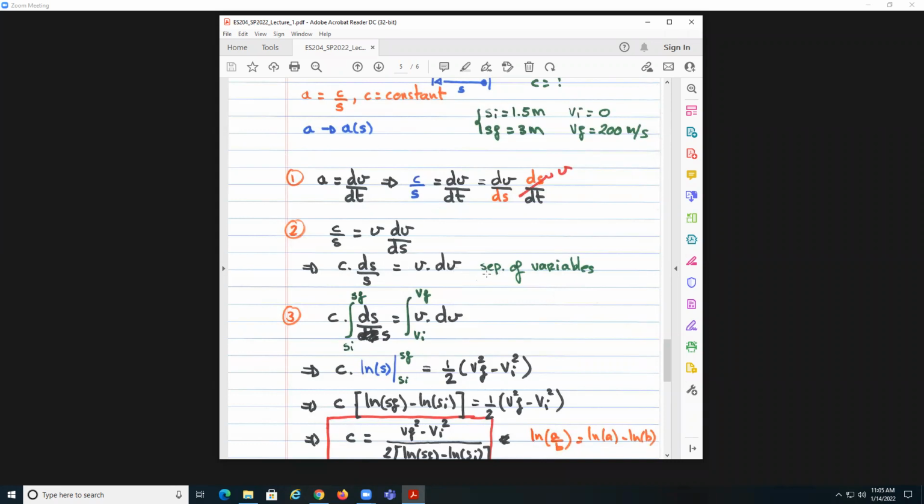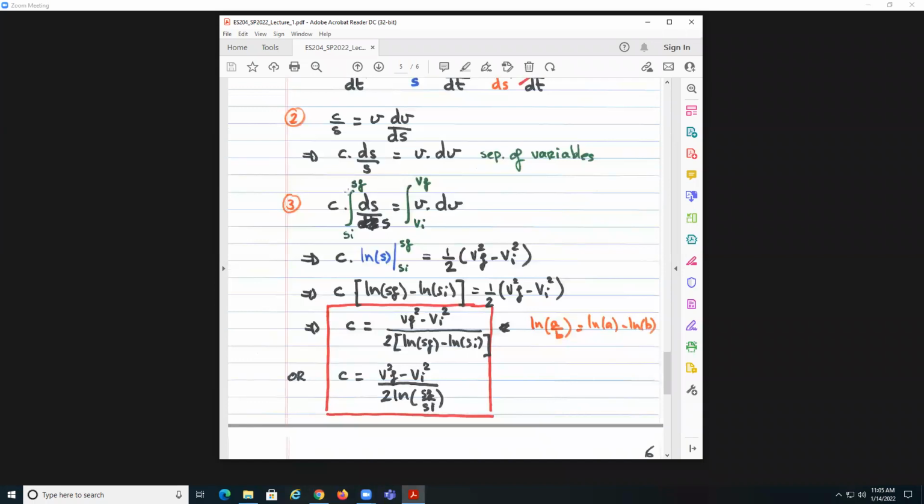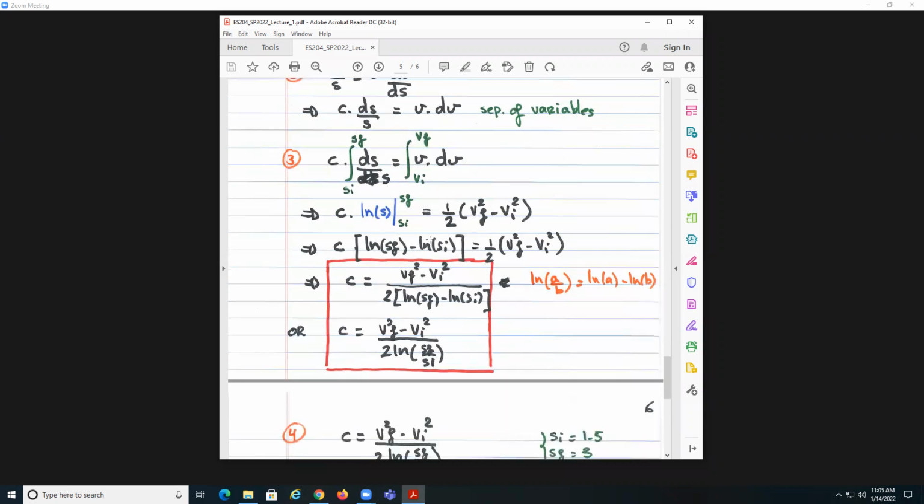Now that we have separated the variables, we can go ahead and integrate between the initial position and final position. The integration of ds over S is the log of S. The V dV will be V squared over 2, so we have 1/2 times V final squared minus V initial squared. Doing some basic algebra, we have this, but we know by using this expression,